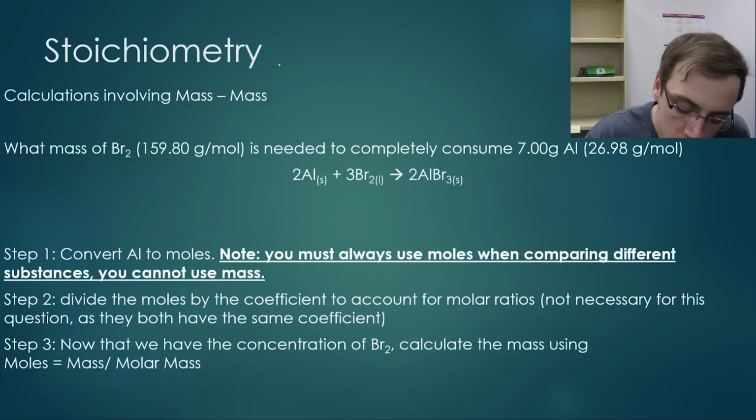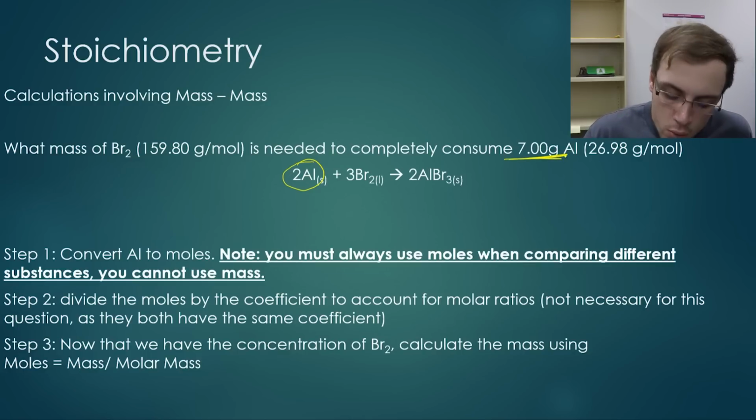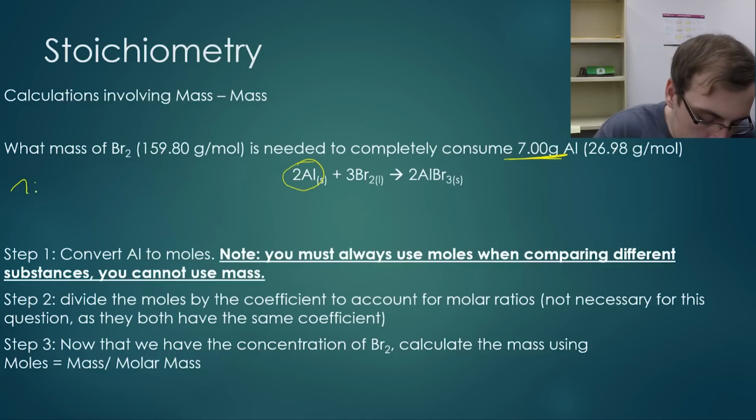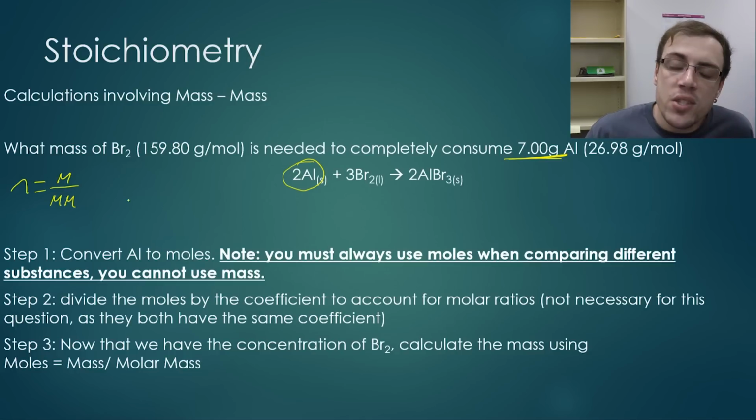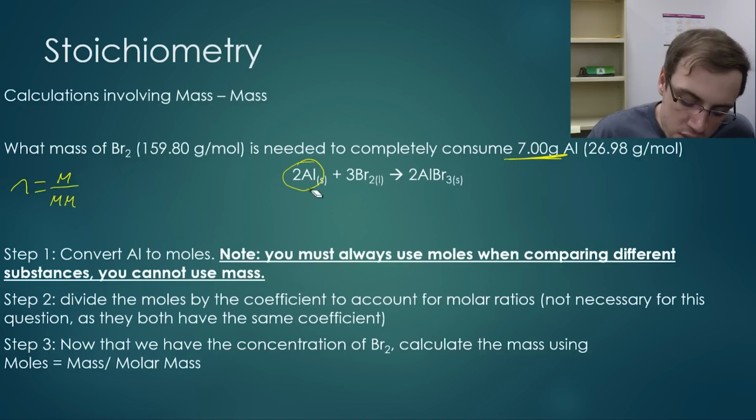So the first step you would need to do with something like this is convert our aluminium here from its mass, which is provided, to its moles. And we do this by moles is equal to mass over molar mass. Once you have the moles, you then need to take into account the coefficient. So we can see here that we have a coefficient of 2 for aluminium and a coefficient of 3 for